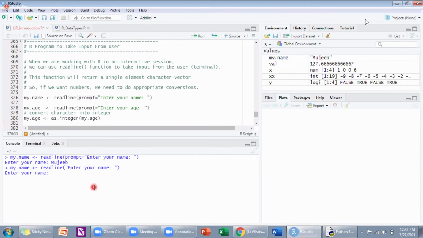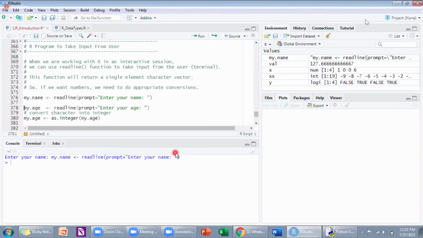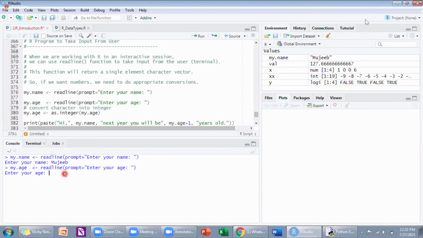Okay, clear. I'll start again. Enter your name. Mujib. Good. Then enter your age. I'm entering something, 33. Then this will be a string. I want to convert this string now.